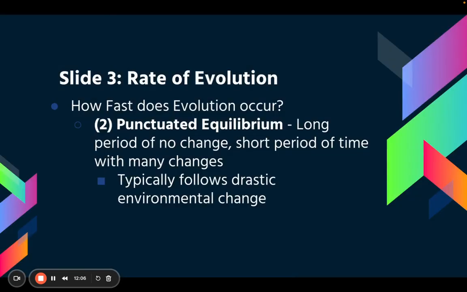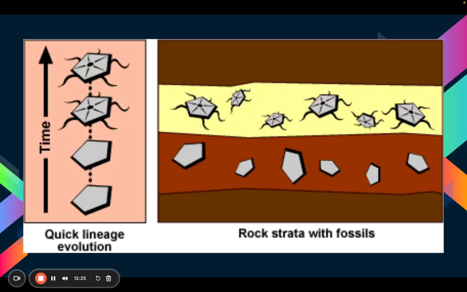The second process is known as punctuated equilibrium. Punctuated equilibrium is represented by long periods of little change, which is then interrupted by short, rapid changes. This is also evident on your screen and has been supported in the fossil record. So very rapid change in lineage from one strata or layer to the next, not as gradual as we had seen with gradualism. The sudden rise in diversity of mammals after the extinction of the dinosaurs is an example of